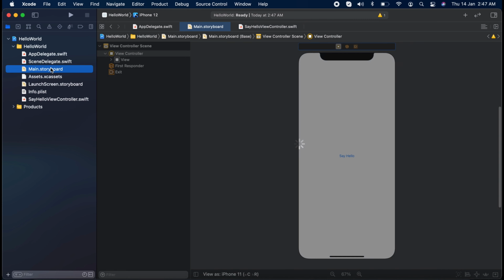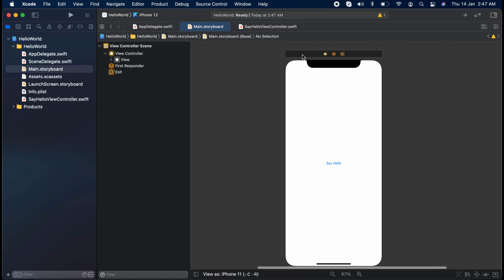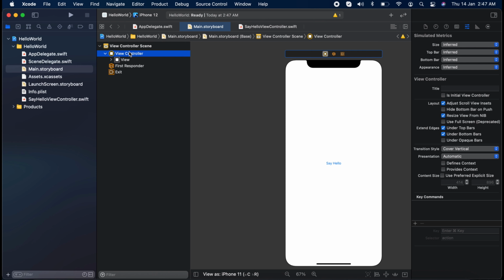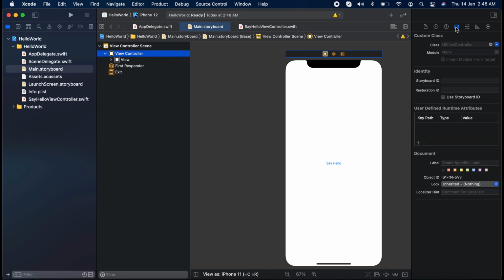Come to our Main.storyboard. What I told, we need a backend, like we need a class which handles the actions, right? So we need to somehow tell this scene to consider this class as a handler or the main controller for this one. So to do that, click this one, make sure you select this view controller here, and then come to the identity inspector tab, and then here by default it has a UIViewController, right?